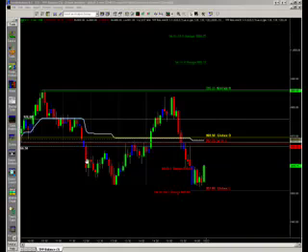And these are what you usually see because everyone's going to be defending this area, okay? And they're going to defend this area. How do you defend? You defend by buying. You think this market's going to pull back up, so everyone piles on, it breaks it, and then everyone sells. Come right back up, can't take it out, come right back down again, come right back up, right to